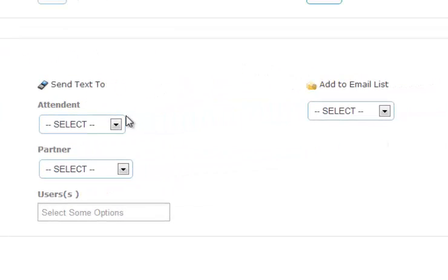We can send a text message to an attendant, a partner, or one of the users. Or we can add to one of the email lists that we've created. This is particularly useful and powerful when you are collecting leads. If you have a form on your site outside of the date availability request that we already provide for you,